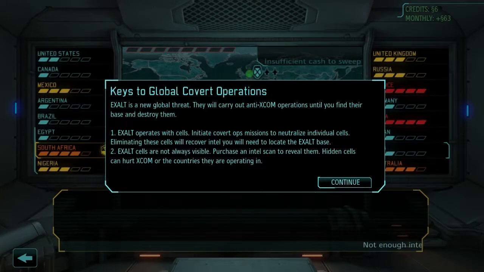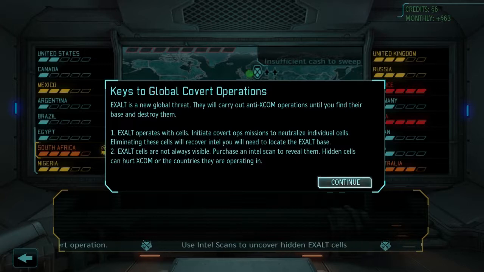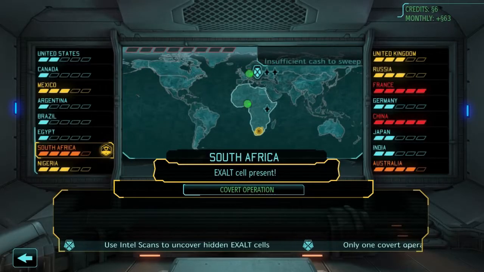Exalt is a new global threat, and they will carry out anti-XCOM operations until you find their base and destroy them. Exalt operates within cells. Initiate covert ops missions to neutralize individual cells. Eliminating these cells will recover intel. They will need to locate the Exalt base. Exalt cells are not always visible. Purchase an intel scan to reveal them. Hidden cells can hurt XCOM or the countries they are operating in. So,